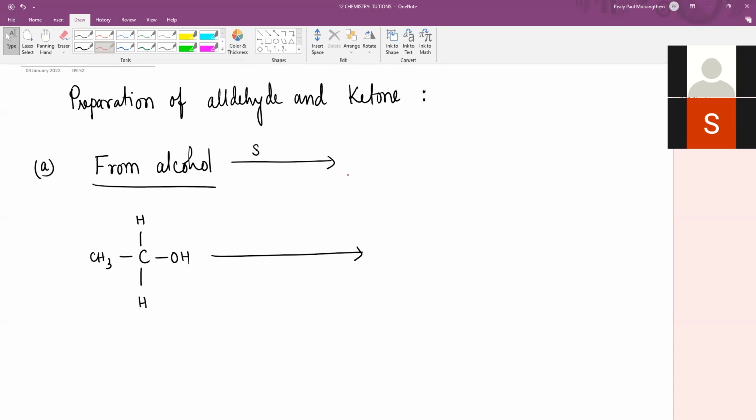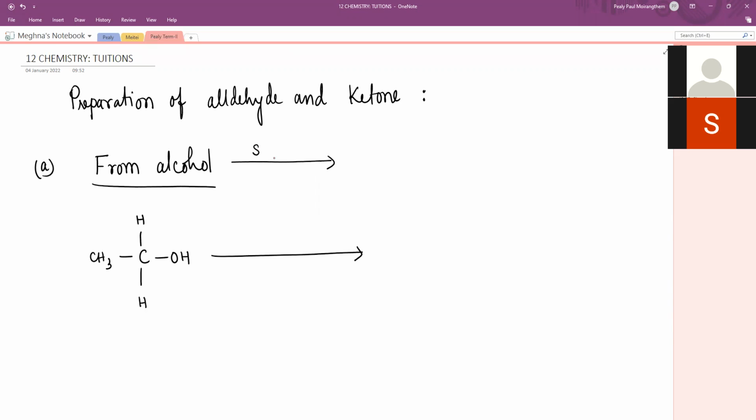Okay, please write down. If you have 1 degree alcohol, this must be written. You write in your copy or book, it's up to you, but I want to see it whenever you come for your physical class. 1 degree alcohol, strong oxidizing agent: you will get first aldehyde, but you will not be able to stop the reaction here. It will convert into